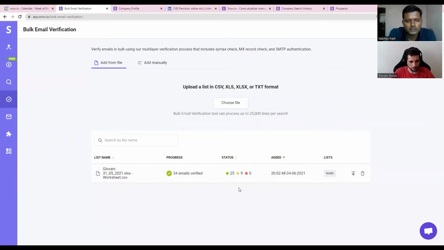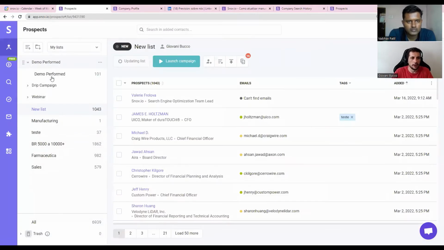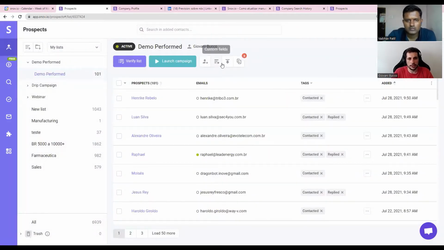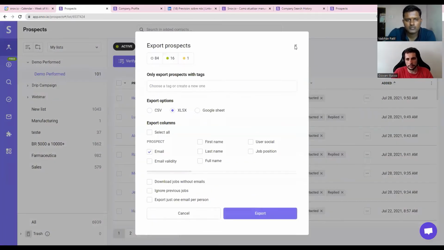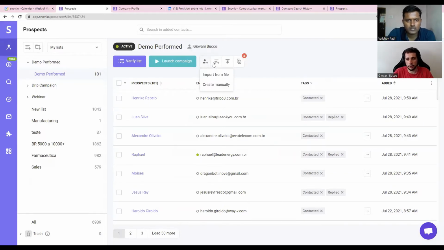Okay, so basically they can take the prospect list and upload it here and find if they're valid or not, right? So maybe they can do double verification. Yeah, perfect. What I like a lot is you can import some prospects here. Once you import them, they will not be verified. They'll be like this. And then you can just verify the list, and then all the lists will be verified.